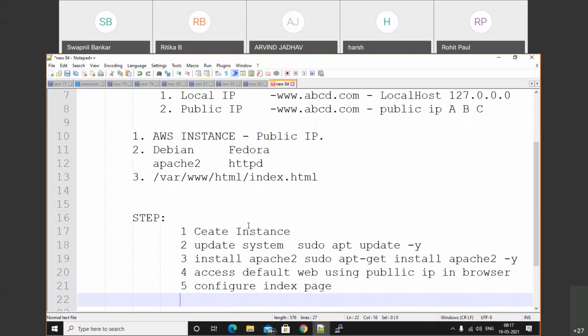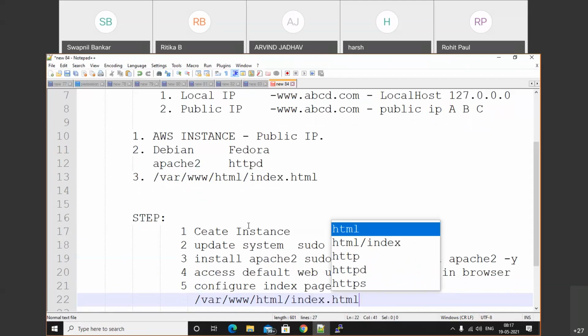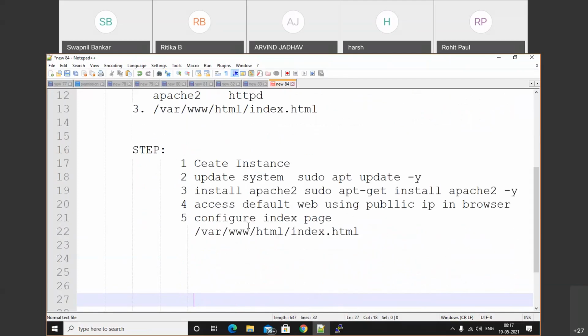So I will configure that index page in /var/www/html/index.html. These are the certain steps. So by using that we can host the instance. Okay, let's do one more time.